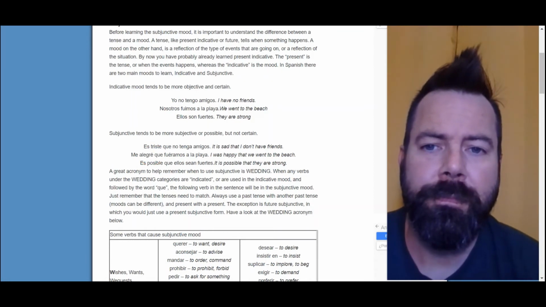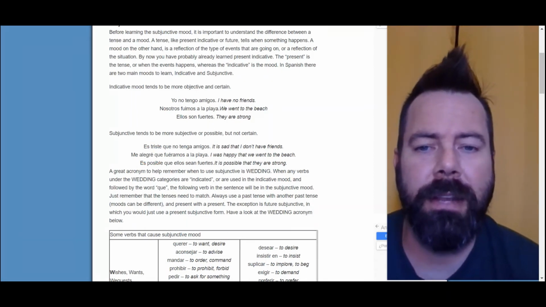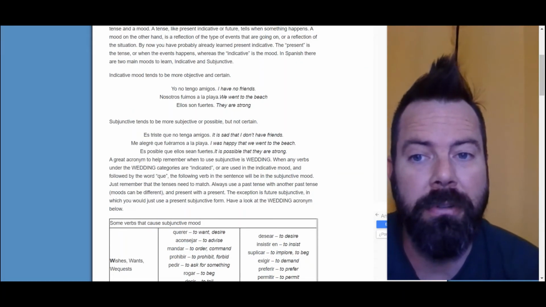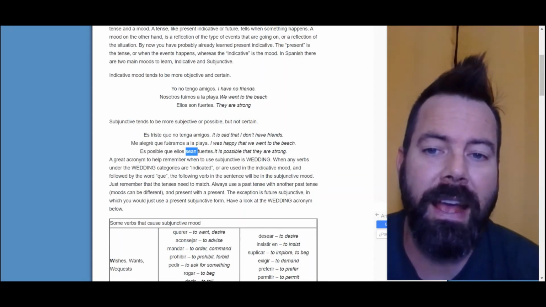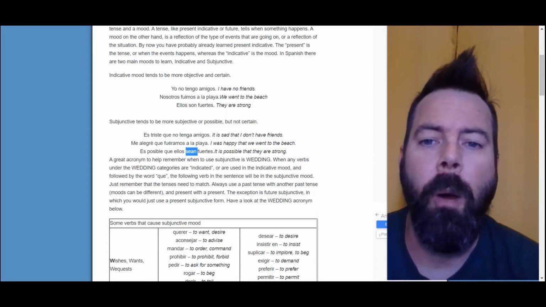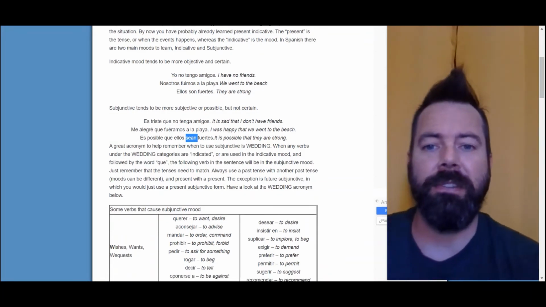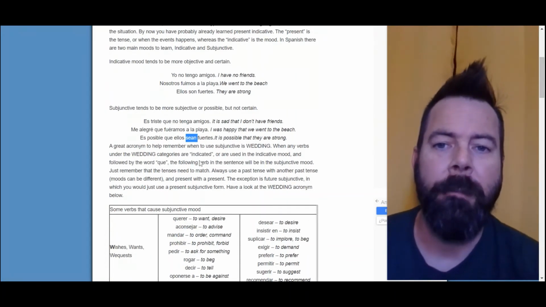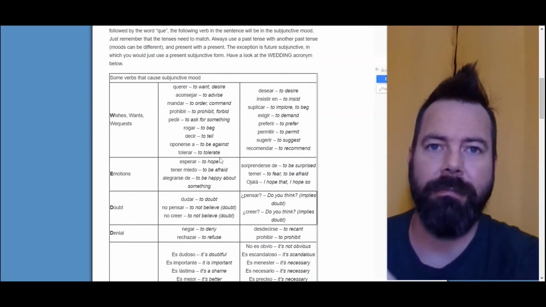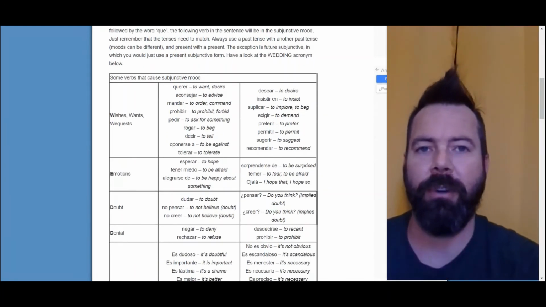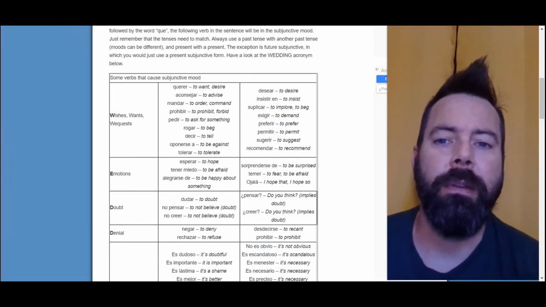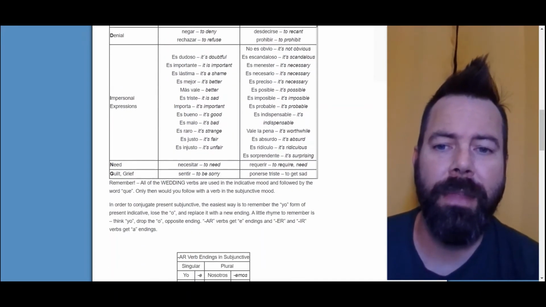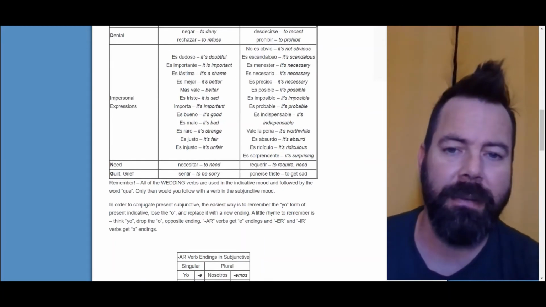So they are strong. Instead of being certain about it and convinced, we're unsure. It's possible. So es posible que ellos sean fuertes. Now you've changed it to subjunctive because it's subject to this feeling right here. So when you're indicating using present tense, preterite, imperfect, whatever, if you're indicating any wedding verb, anything on this whole list right here, then you use que, then everything after it is going to be subjunctive.